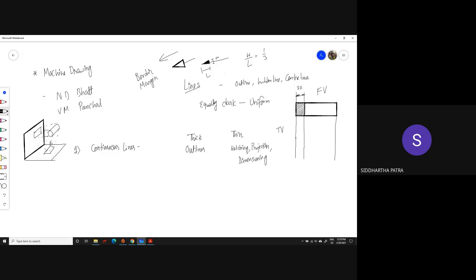I know you are already familiar with this, but after taking the projection, this is the vertical plane and this is the horizontal plane. After taking the projection on the horizontal plane, we rotate the horizontal plane clockwise and align it with the vertical plane,